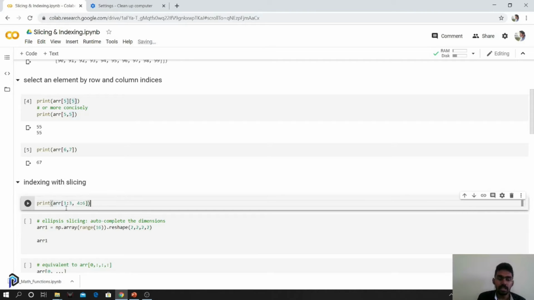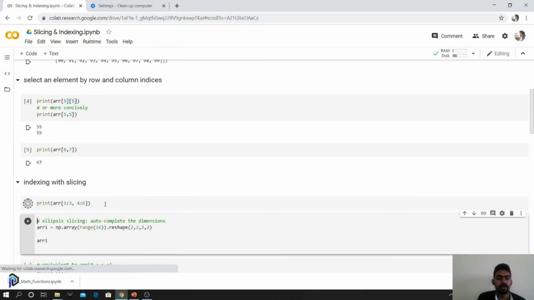So we'll have the first row and the second row, and the fourth column and the fifth column. So the output that we'll be getting is 14 and 15 and 24 and 25. This would be the output that we will be getting.